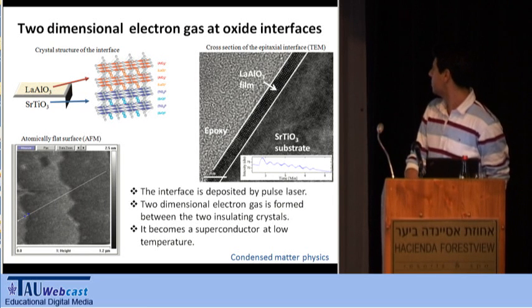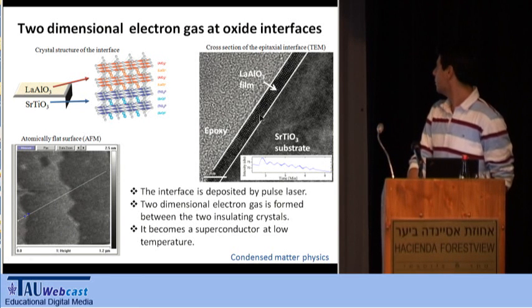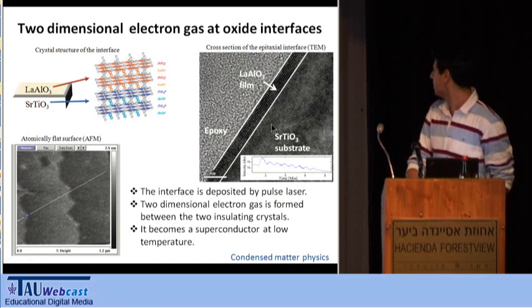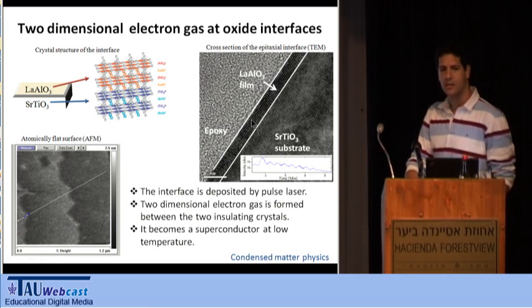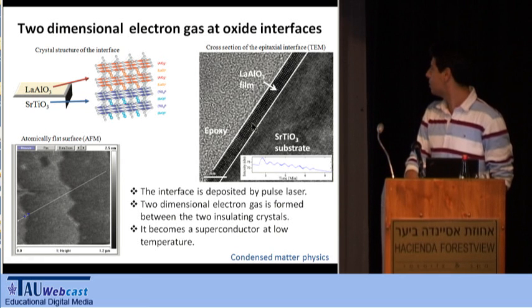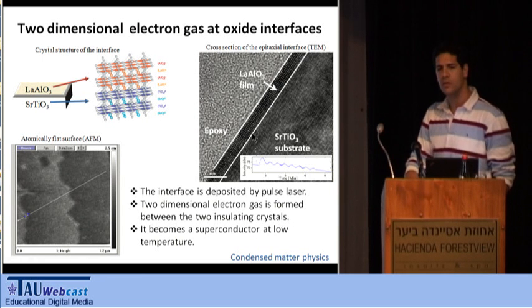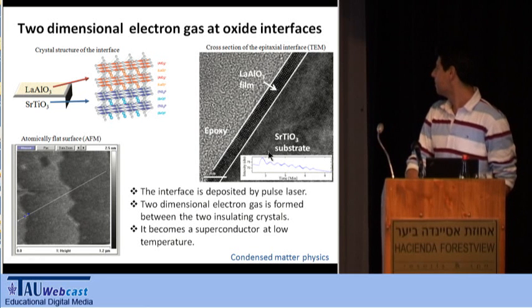What you see here in the images is a TEM image taken in TAU. You can see this interface. This is the upper ceramic. This is the lower one. And we actually can decide the thickness of the material that we want to grow. We can decide during the deposition how thick we want the layer to be in terms of unit cells. So we can do a deposition of 1 unit cell, 2 unit cells, and so on.